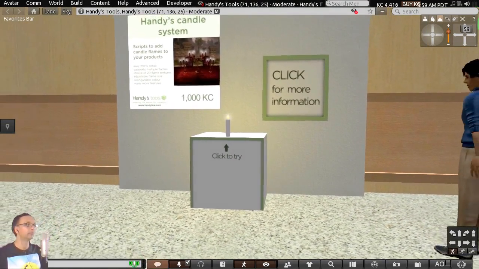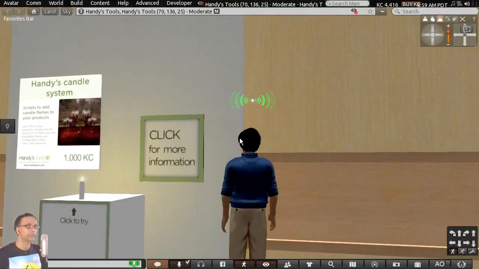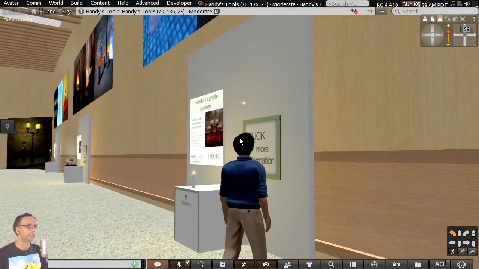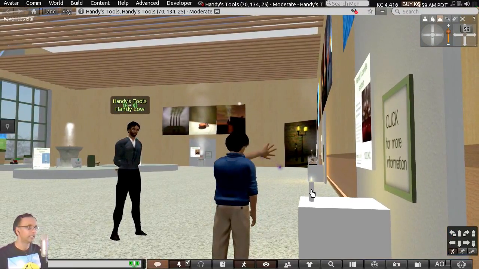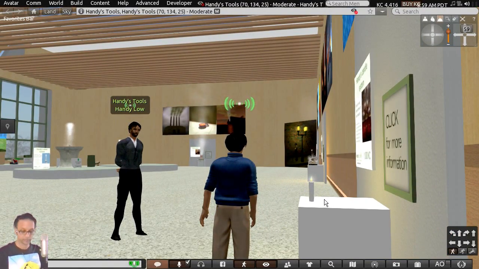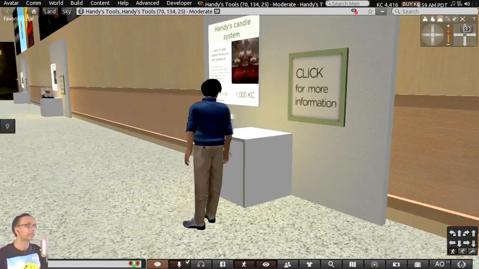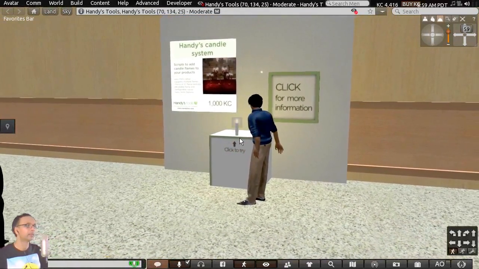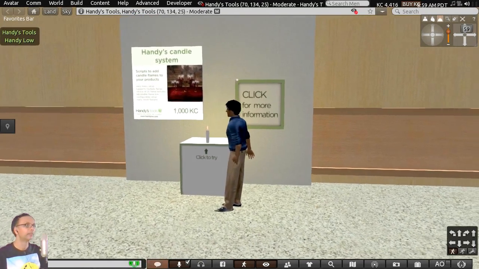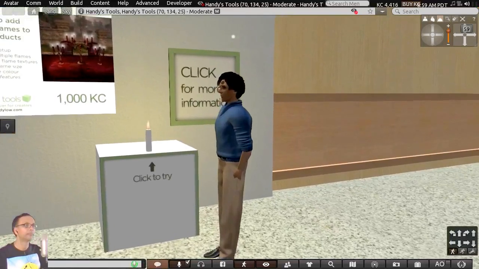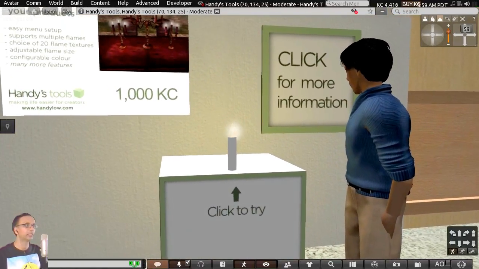I might have some issues on my dialog box here, because when I'm clicking on the candle, I'm not getting a dialog box. Okay, well, I can see it here, so I'll change. There's obviously something I need to check there. Yeah. So there's another texture. And yeah, I can see it changing and all that.